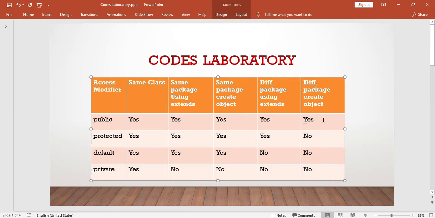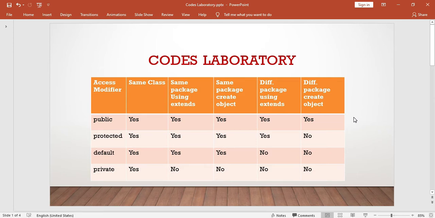But if the properties are protected, we cannot access them while creating the object of that class. Protected properties will only be accessible outside of that package after using the extends keyword. Default, as we already know, outside of the package we cannot access default properties. And about the private, you must have got the idea. Like, no, we cannot access them outside of the package and outside of that class.